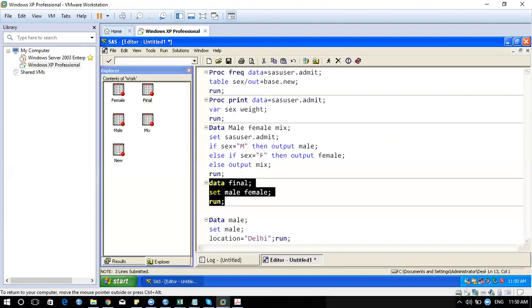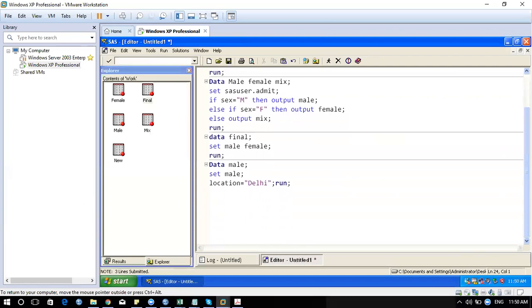So you have to use the keyword called proc append. So proc append will help you over here. So nothing but proc append. Proc append is a keyword which appends the file one below the other. So it is nothing but vertically it keeps on adding the observations. So you have to mention the base file, the file on which you wanted to add other files. So male is my base file, but always remember it.